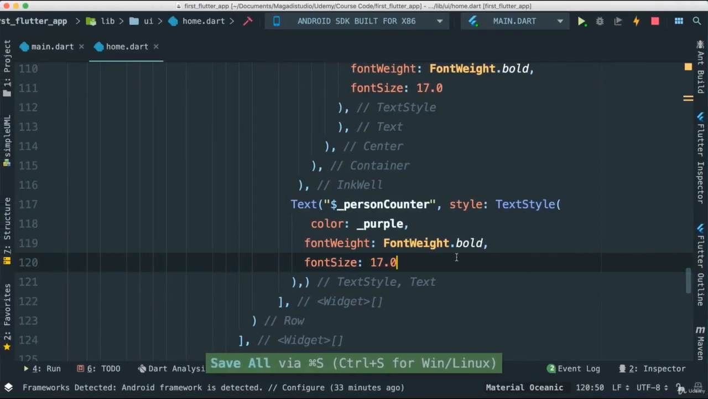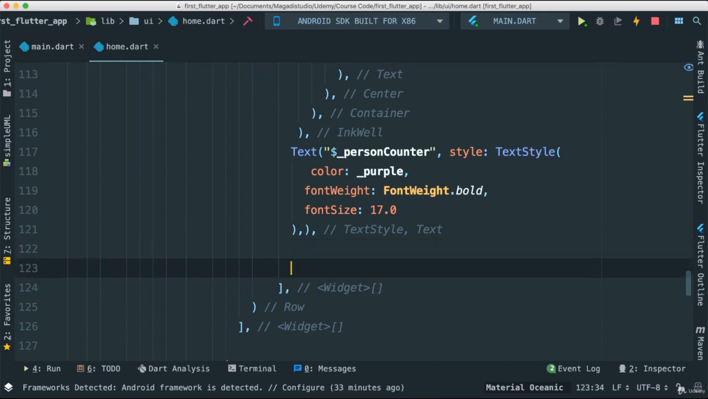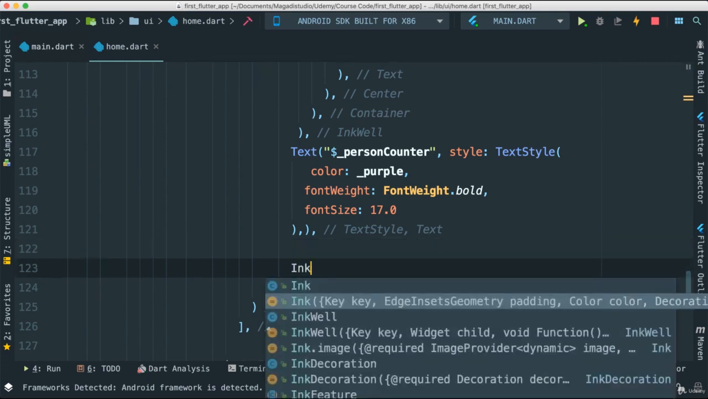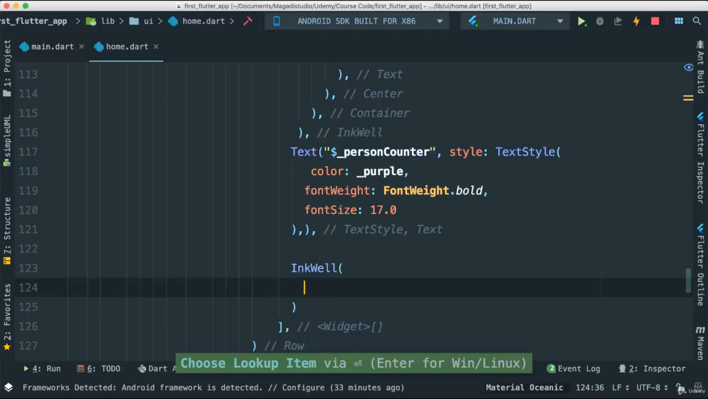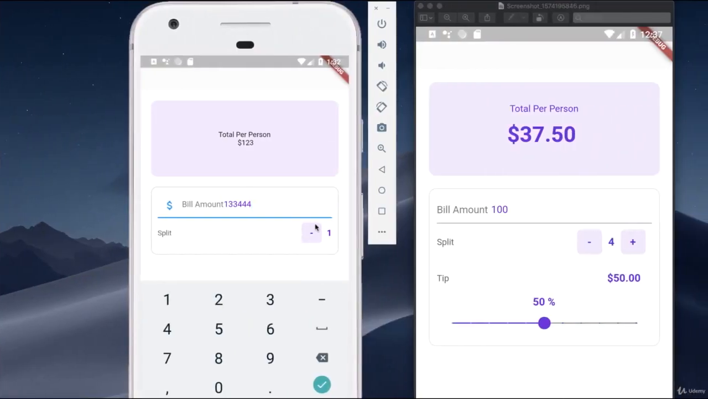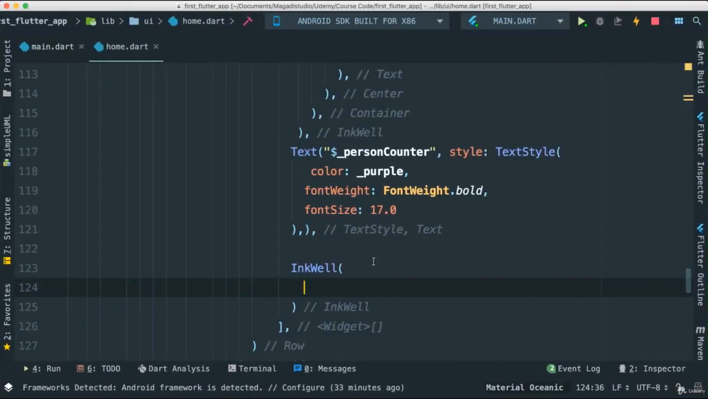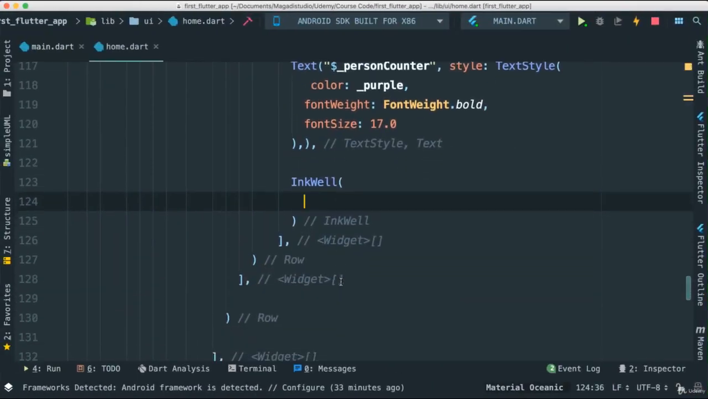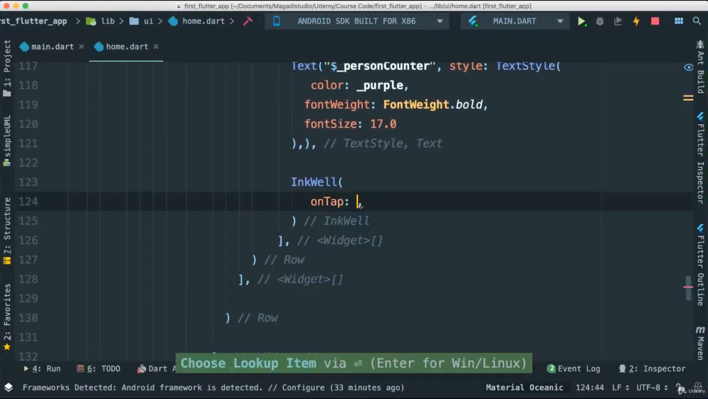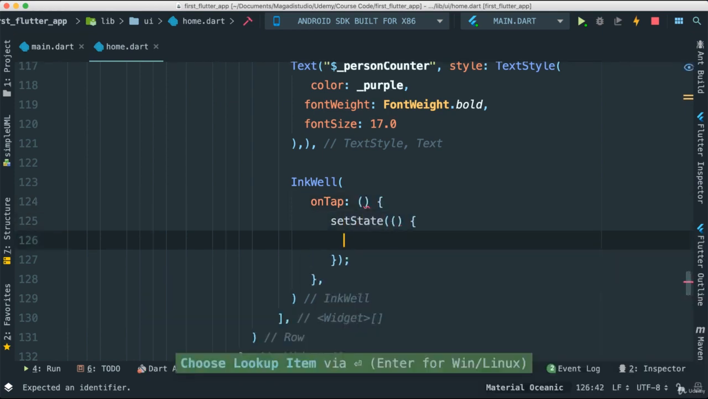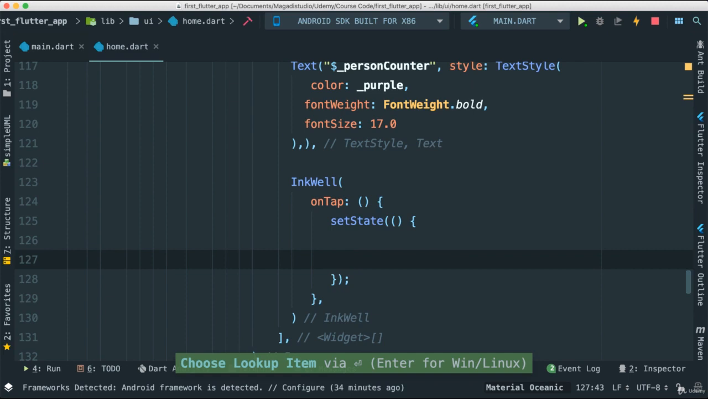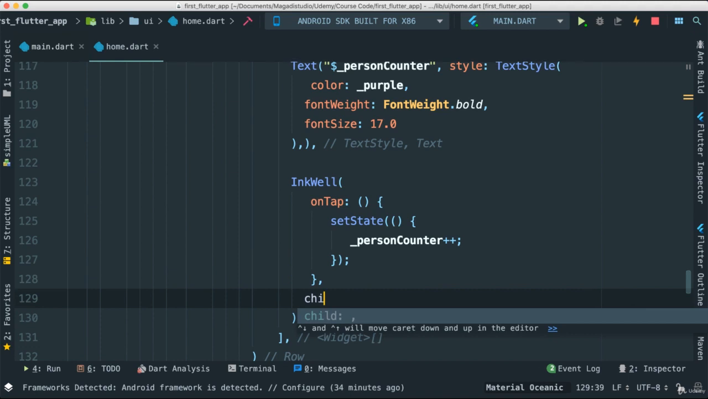Very good. That's it. And next we're going to add another InkWell here, right? Because we want to create exactly the same as what we had created for minus. Now it's going to be for plus. Very simple. There's InkWell. onTap, what do we want to happen? We want to set the state. To set a state, simply we're just going to say personCounter plus plus like this, right? And then child,